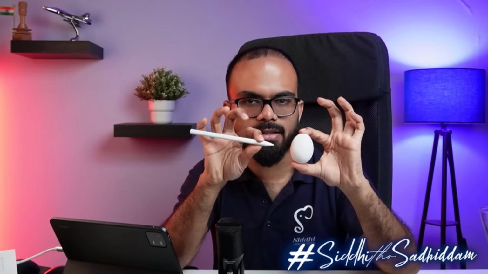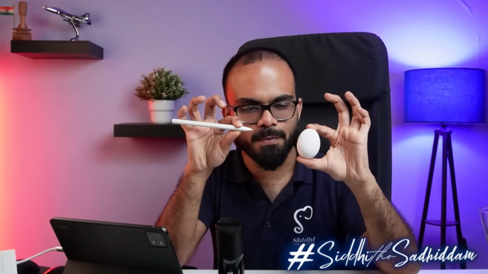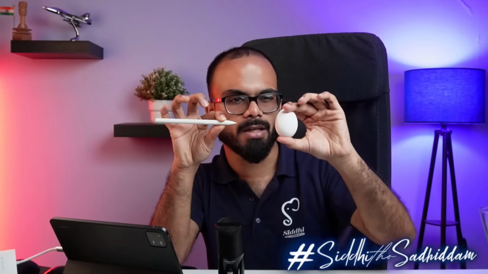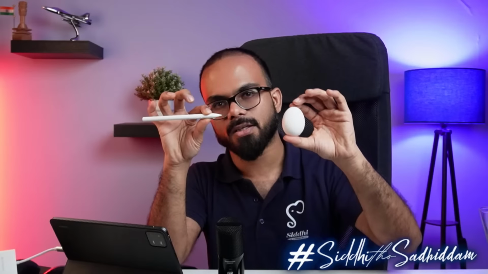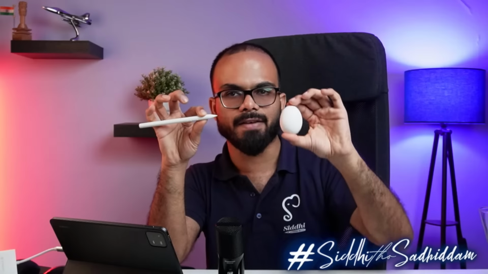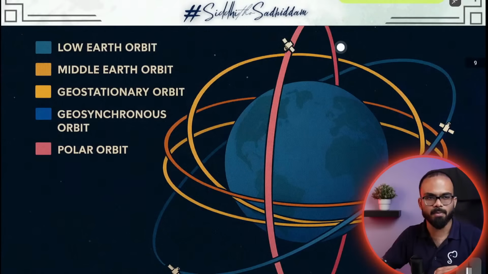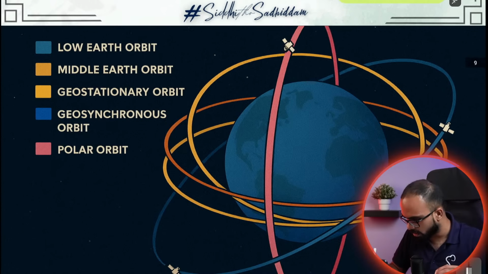If the satellite is exactly placed above the earth's surface and the satellite's speed is exactly the earth's speed, such an orbit is called a geostationary orbit. So with the help of slides and images, I will help you understand various kinds of orbits, but I want you to know the height. The orbits are decided based on the height at which they are placed. As I was telling you, we have low earth, middle earth orbits, geostationary, geosynchronous, and polar orbits. These are various types of orbits.